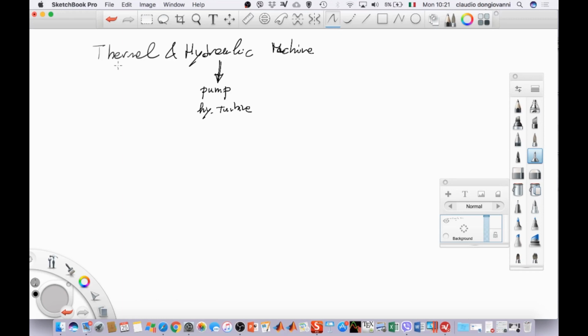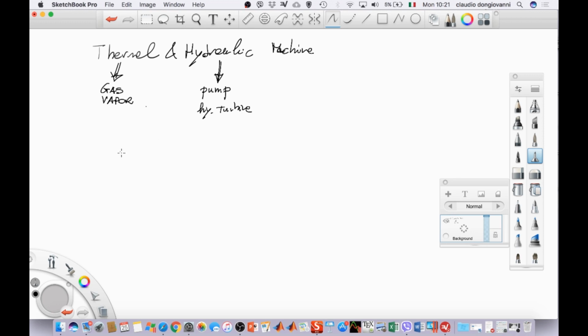but also thermal machine. Thermal machine means machines that work with fluid where the temperature can vary in the evolution. Means machines that use fluid like gas, vapor, and like working fluid. So the first thing that you can understand is that when we work with a machine, we are thinking of an